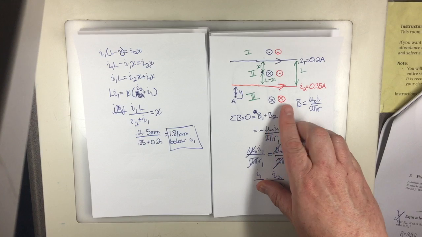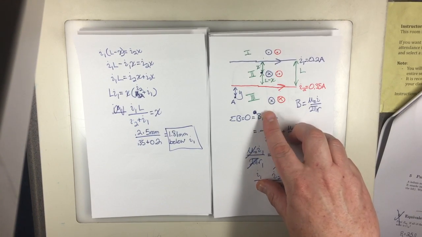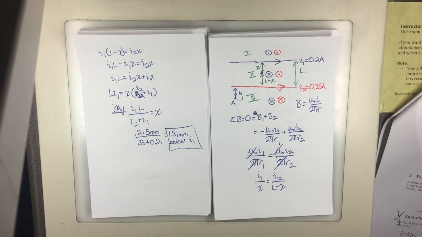It is double negative. I1 is going to be negative, I2 is going to be negative. We're going to have a negative B field, so it better be negative. The way that the B fields add up